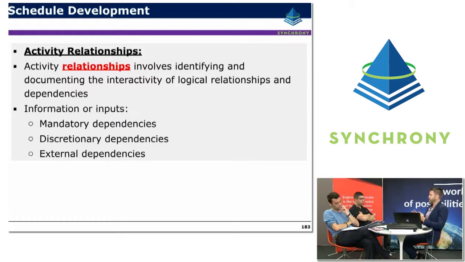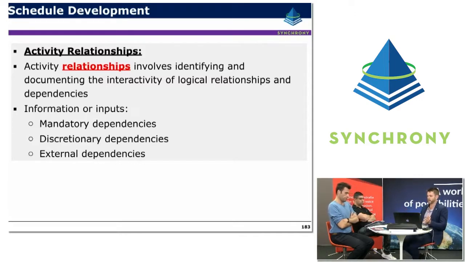There are a number of different types of relationships. The most common one is a mandatory dependency, where one task can't start until the predecessor is finished, for example. But there are also discretionary dependencies as well. Particularly in a construction environment, we might choose to follow a particular sequence of work because of crew availability or something like that. Whereas the reality might be that if that resource constraint were taken away, the work can actually be carried out in a different sequence.